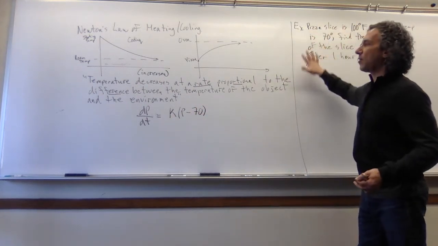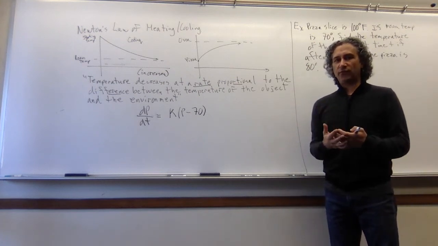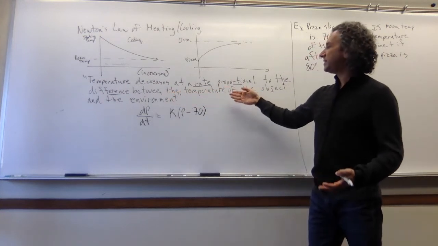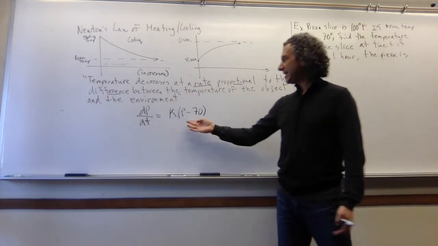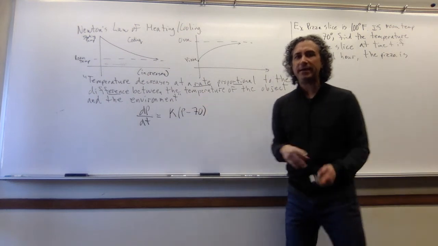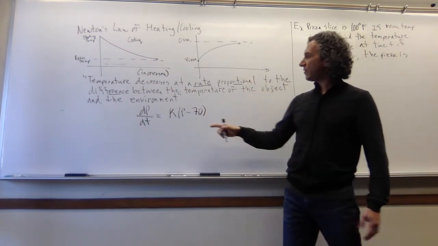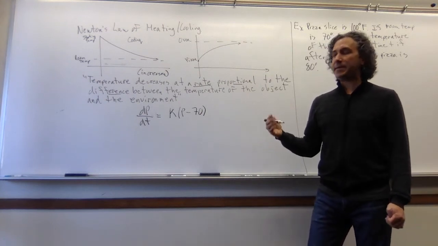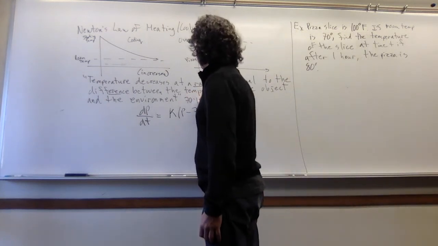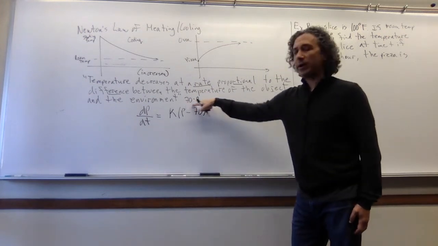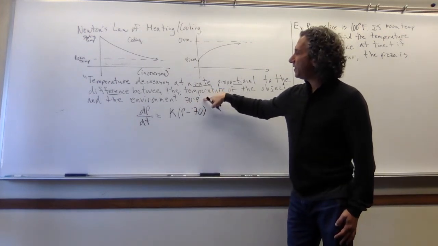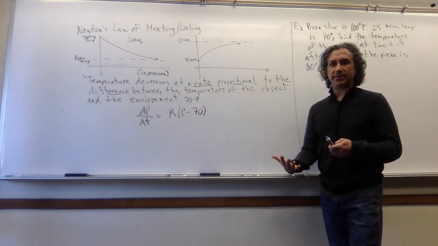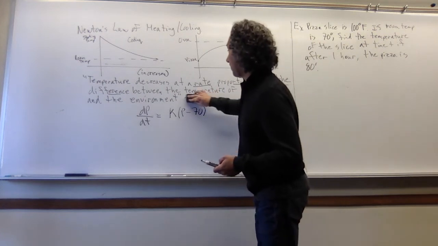The information of the problem will fix things for you. Said another way, I just said the difference between the temperature of the object and the environment. I guess I could have also written 70 minus P. It's not really clear which one I'm subtracting from which one. Well, if I had written 70 minus P, then 70 minus P is going to be a negative number. So that if I wrote it this way, my K would have been positive. Either way, you're going to get the same answer in terms of your model.